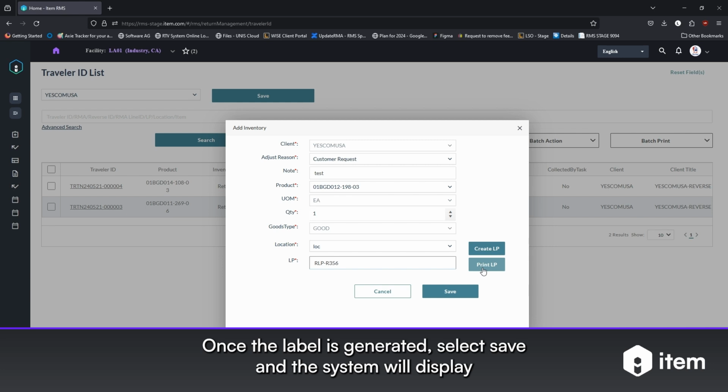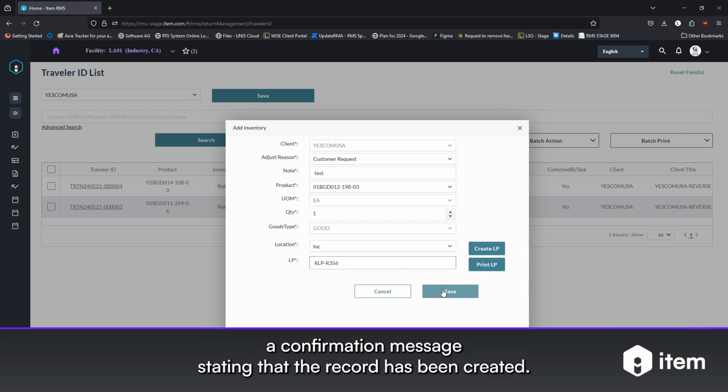Once the label is generated, select Save, and the system will display a confirmation message stating that the record has